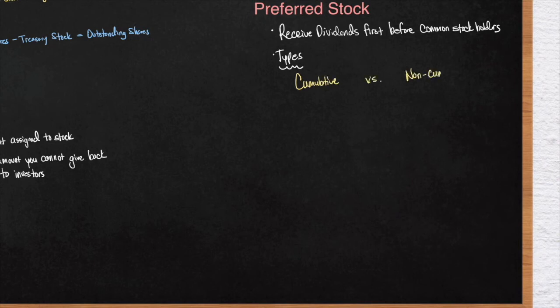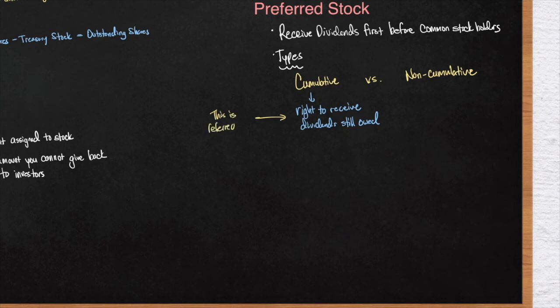As I was saying earlier, there are different types of preferred stock. I'm going to go over this by comparing. One is cumulative preferred stock, and the other one is non-cumulative preferred stock. Cumulative means that the shareholder has the right to receive dividends that are owed. What are dividends that are owed? It's dividends that were previously declared in previous years, but the company did not have enough money to pay them out. So the company declares it as arrears, and in the future, the cumulative preferred stockholders will get that money.